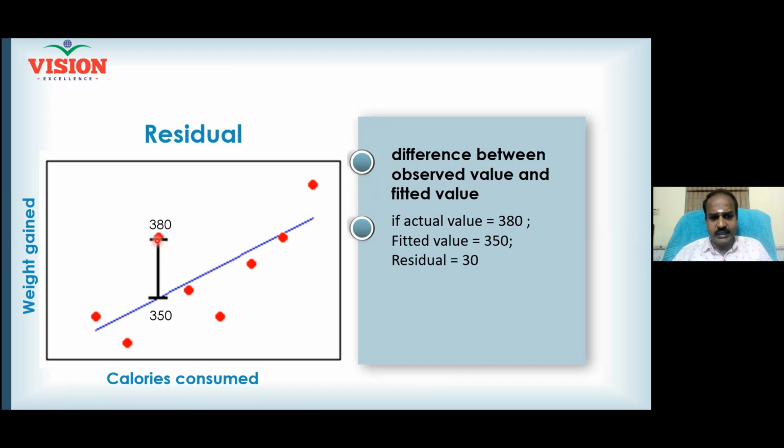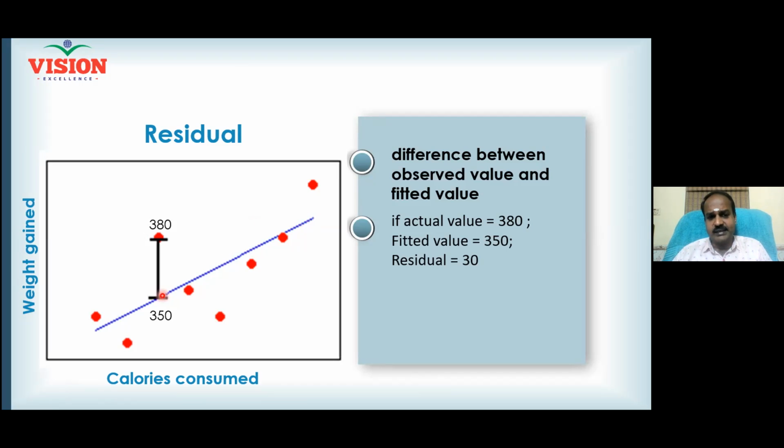But we assumed that this point is lying on the line. We pulled this point and made it lie on the line, and then we drew the blue color line, and we have derived the equation of the line. So our regression equation will have some error,